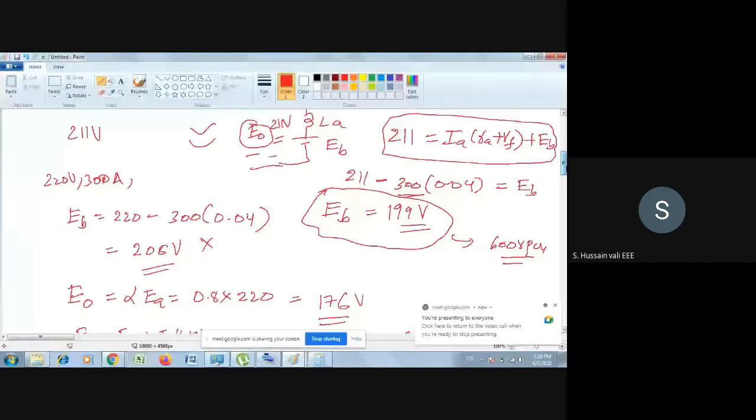What is the next question he's asking? So see, always the question is that speed you have to find out, then you search the data, see what is the data calculated, and you can go on. Then the next part is: calculate the torque for a speed of 500 rpm and the duty ratio of 0.8.